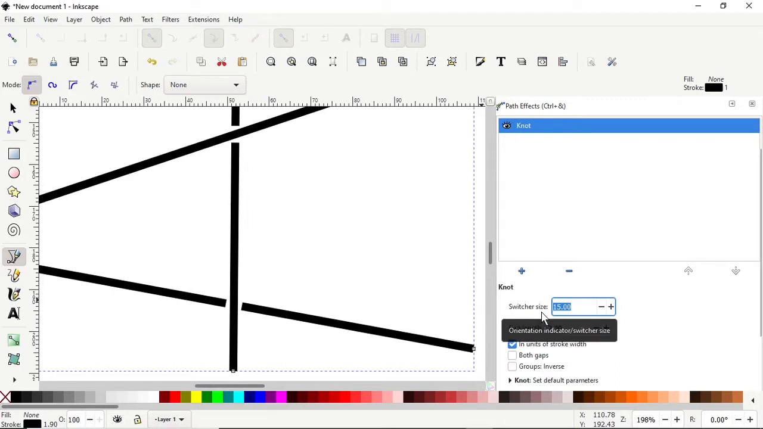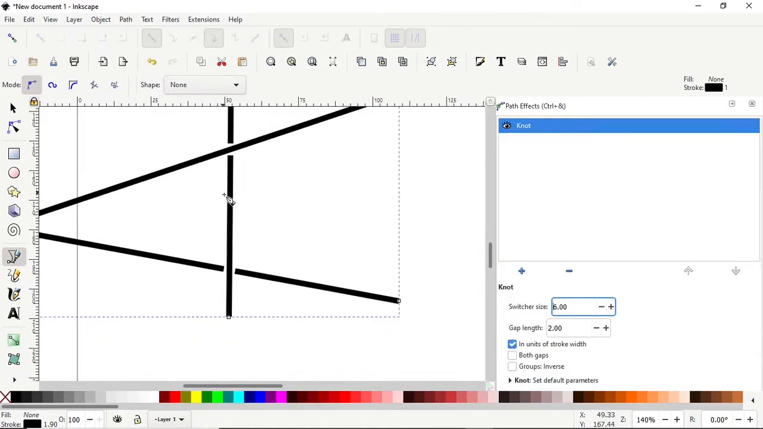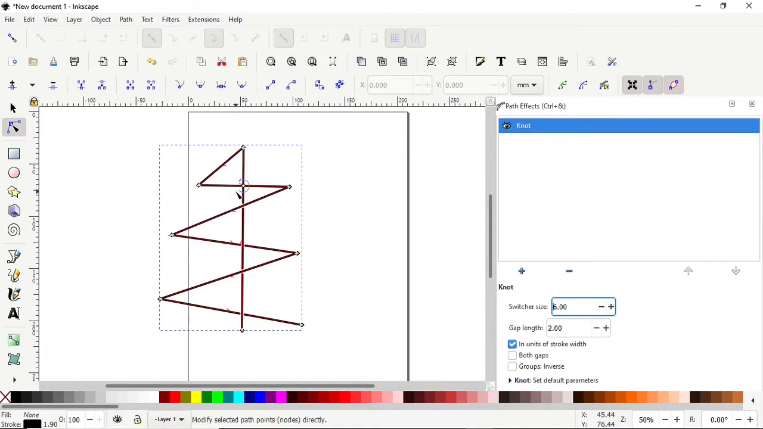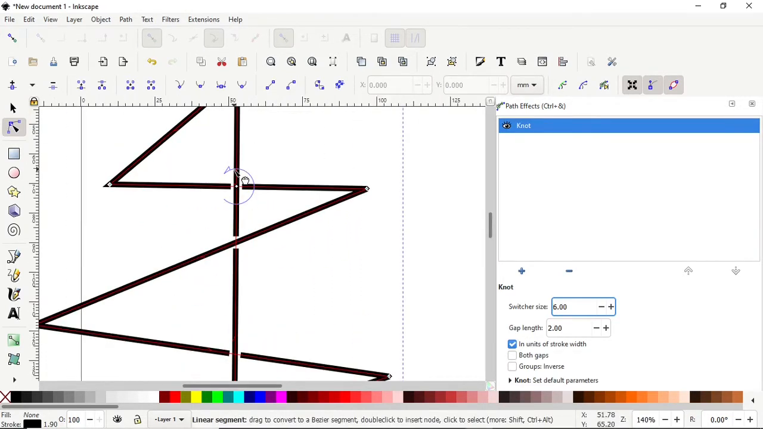And I'll change the switcher size here to about 6. It doesn't matter too much how big that one is. I'll zoom out for a moment. And now we will go to the point select tool, and now we will see the switcher. This is what we call the switcher. That is a circle with a half arrow on it, and there is a node in the center. Now we can click on this node